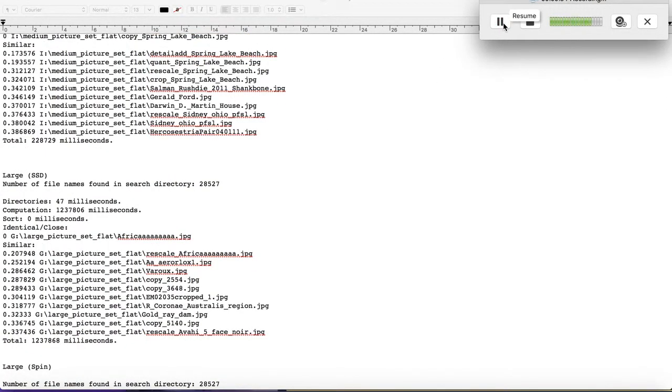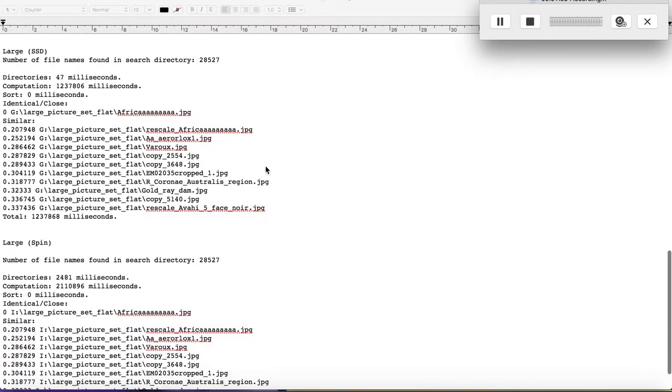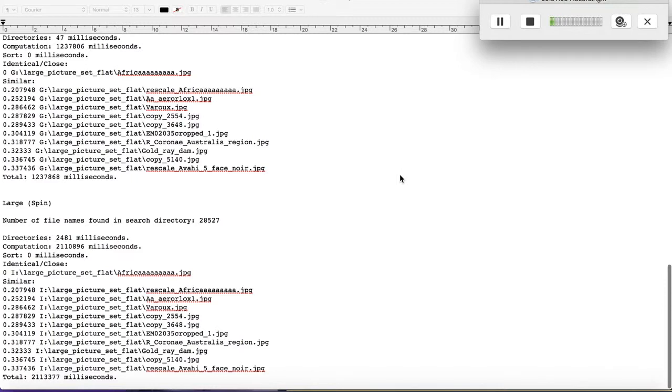In the large set of images, it was about 20 minutes and a half on the SSD, and on the spinning disk it was a little less than twice that, about 35 minutes. So yeah, those were the results of the tests. And the very large image set didn't work, but we think that it's a library problem, and